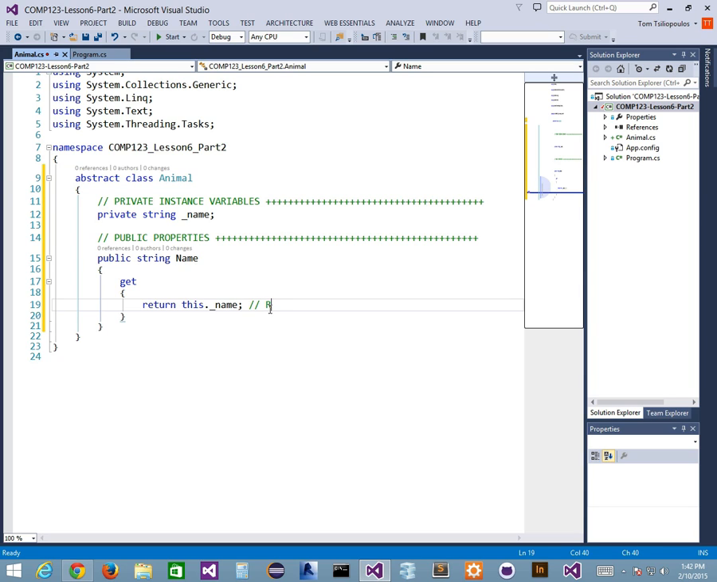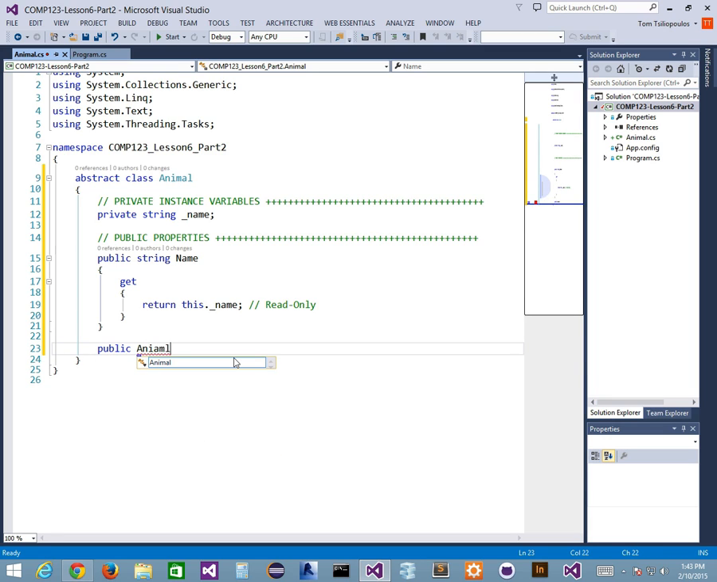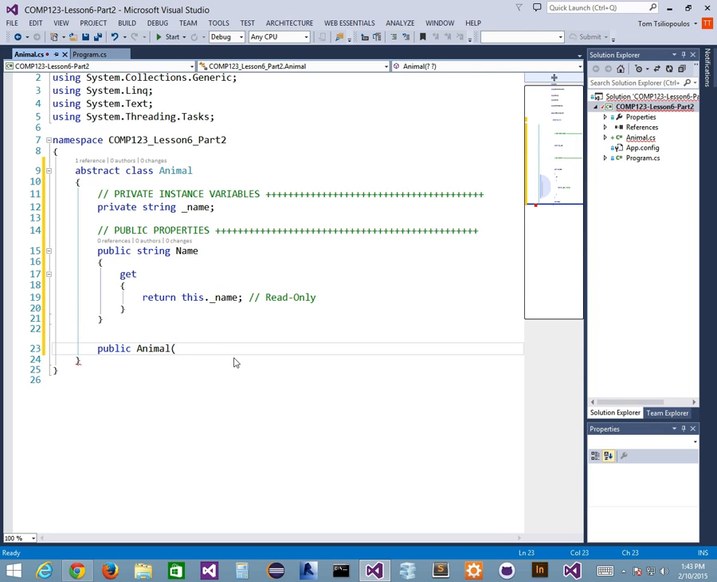I'll say read-only just so that it reminds you. There's no setter, so there's only a getter. That means it's a read-only property, right? Okay, cool. Private instance variables, public properties, and now I can define my constructor for my animal, right? So public Animal, and my animal is going to take in name. So a string name,